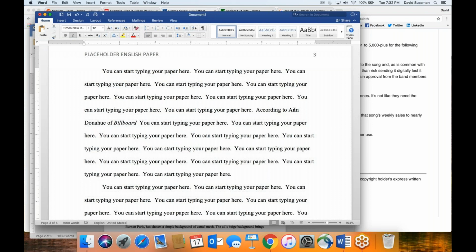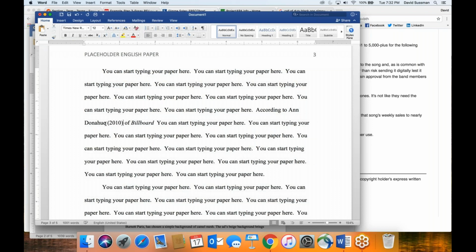But here's the rule. If you use the author's name in your sentence, immediately after the name appears, you have to put in parentheses the year of publication for that article. So according to Anne Donahue, 2010, of Billboard. And then I'm going to say in my own words,